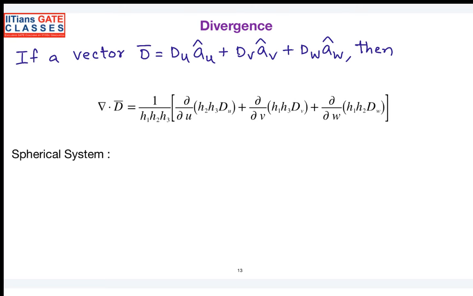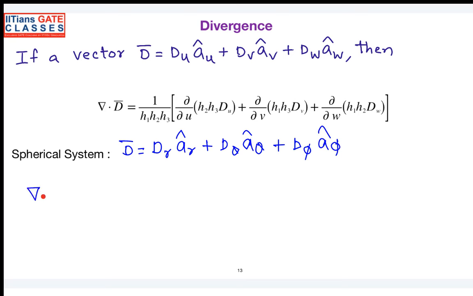So what is del dot d in this case now? h1, h2, h3 in case of spherical will be 1, r and r sin theta, right? So h1, h2, h3 can be multiplied, 1 by r square sin theta